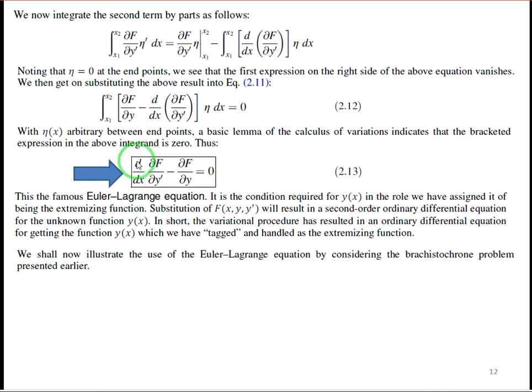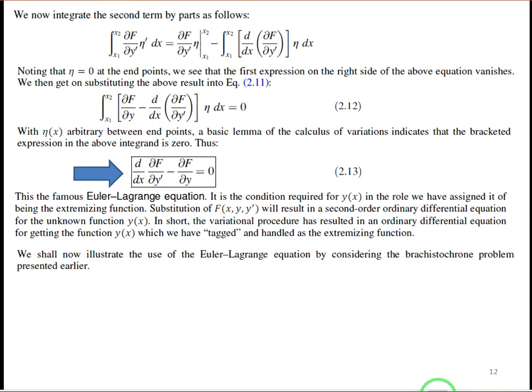As you can see, the derivative with respect to x of the partial derivative of f with respect to y dash, minus the partial derivative of f with respect to y, is equal to 0. If we solve this equation using boundary conditions, we can find the solution to the